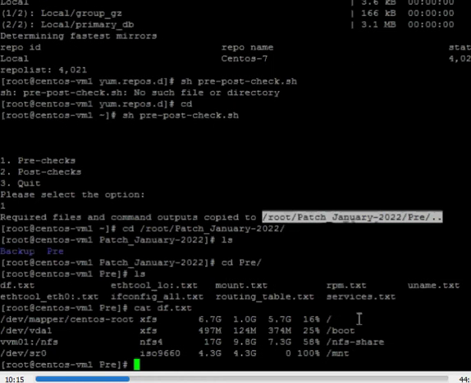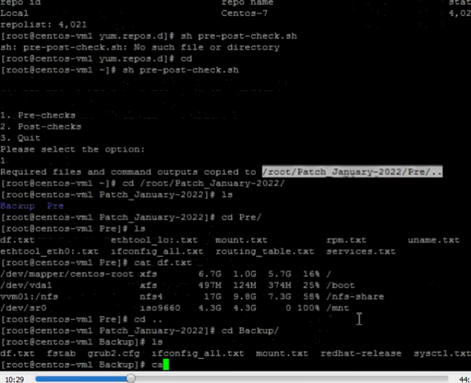Now I am just showing you, for example, if I have done df, I have taken the output of df of only the file systems that are available. I have not taken the output of the temporary file systems. Now let's go to the backup folder and check how the output is.